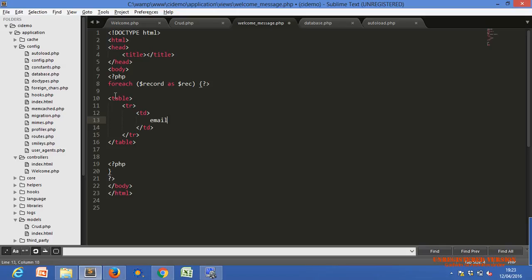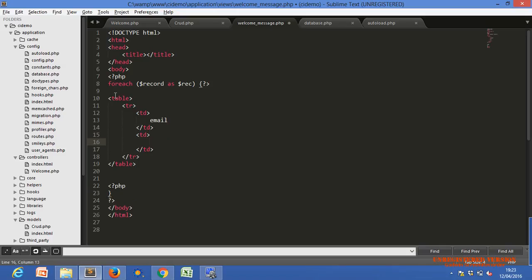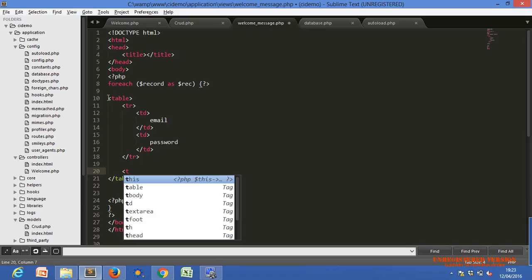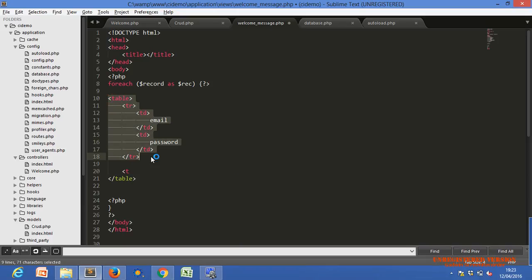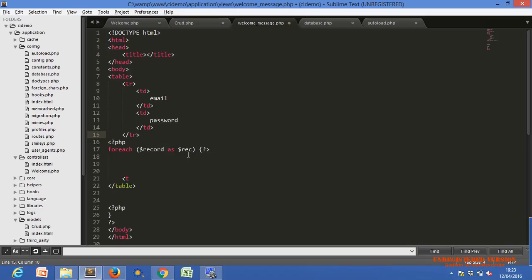Email, td, password. So we have created the tr and td. Now one more tr. One second, we have to use this just before. This is just a heading. Main data, we will show the main data.